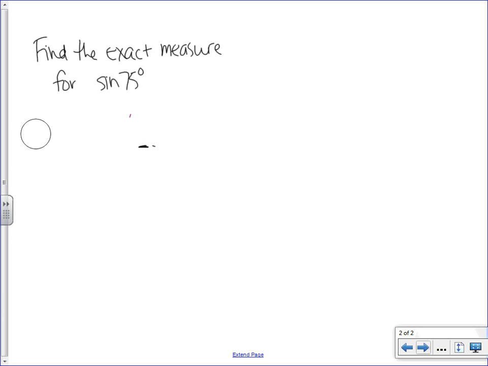All right, let me rewrite this. It looks messy to me. So we took the sine of 75, which I have no idea what an exact value would be. And we said, well, let's let that be the sine of 30 plus 45, because 75 is equal to 30 plus 45. Then, using that sum formula that we learned, we can say this is really equal to